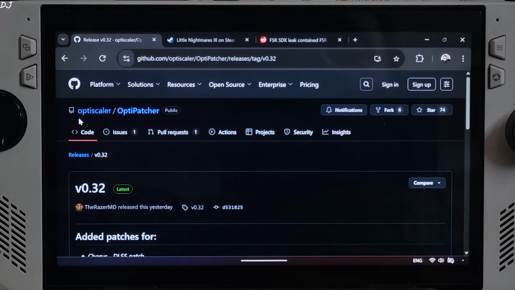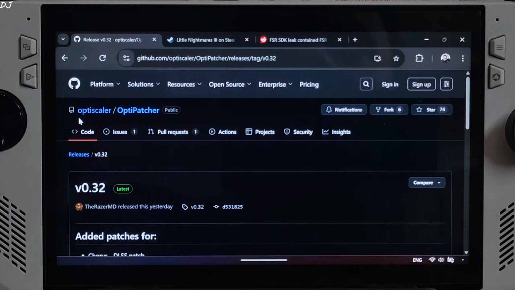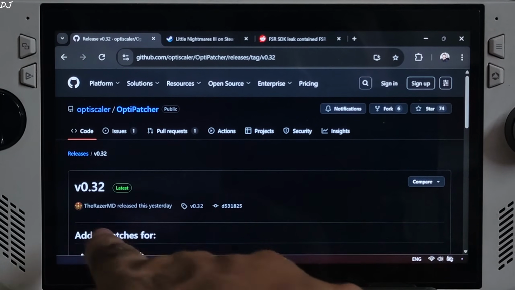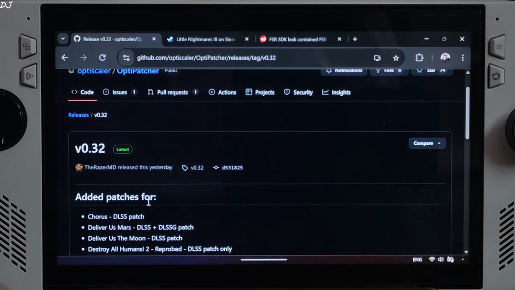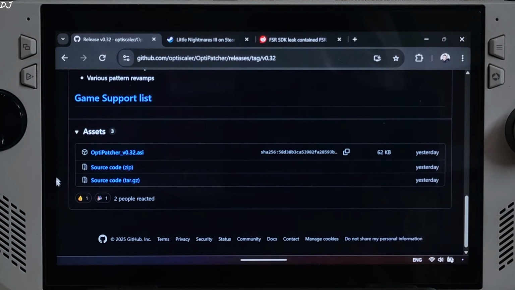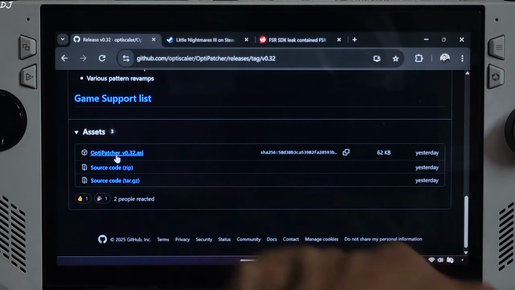OptiScaler Streamline spoofing is not enough to unlock the in-game DLSSG settings, so I'll be using OptiPatcher. This way we won't be required to use DXGI spoofing. We'll be using version 0.32 of OptiPatcher. It's available on GitHub. Scroll down until you find the assets section, expand it, click on the .asi link,